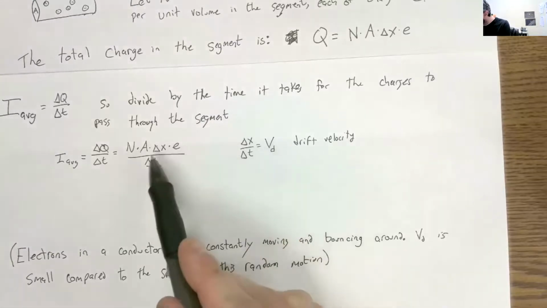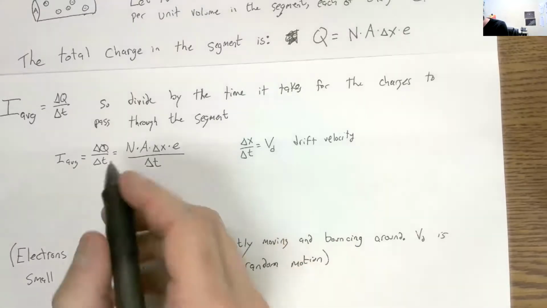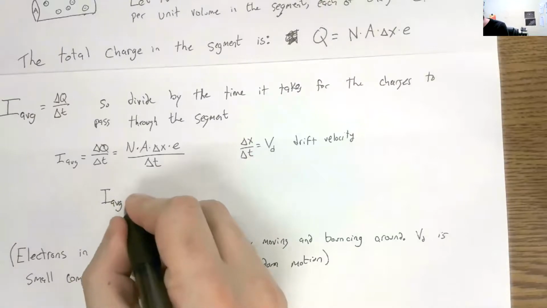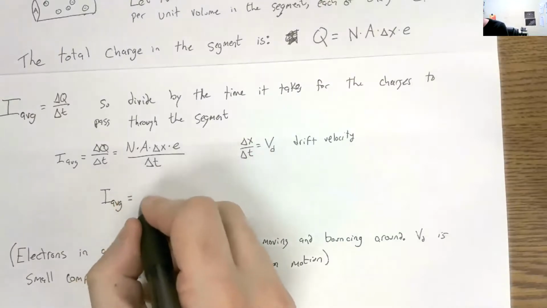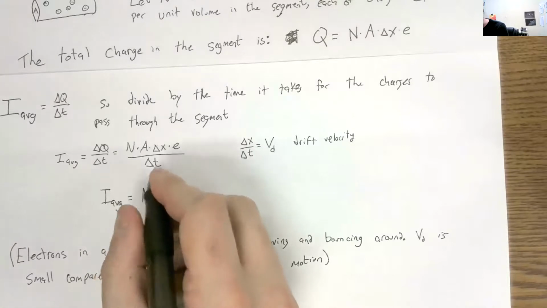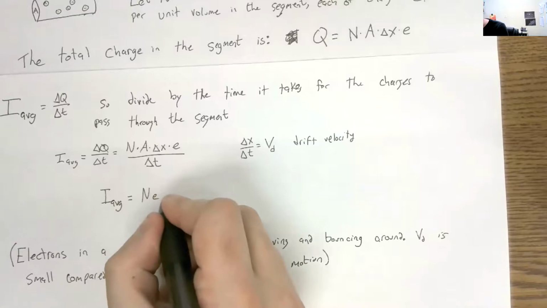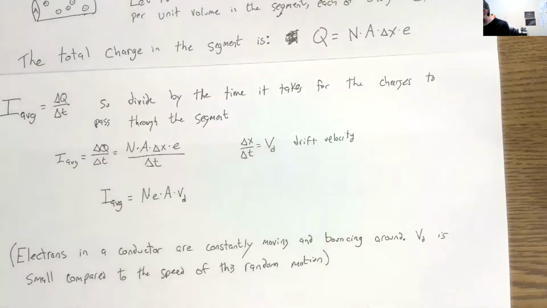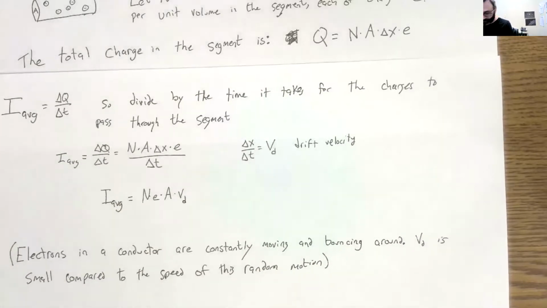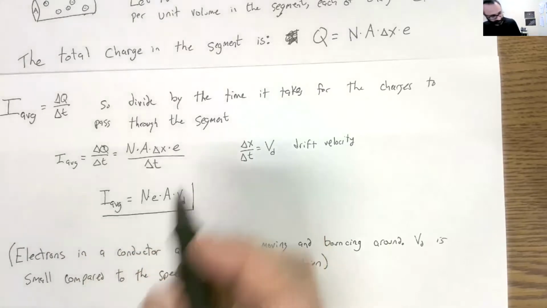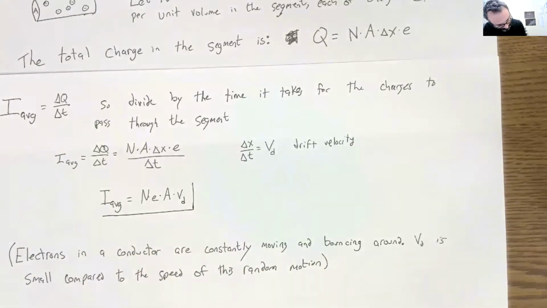I just want to substitute this VD back in here for our average current, which we can now say is equal to N times E, the charge of the electron, times the area of the wire, times the drift velocity of the electrons, right? I think this is one of the equations on your equation sheet. And this is just the current in a wire,